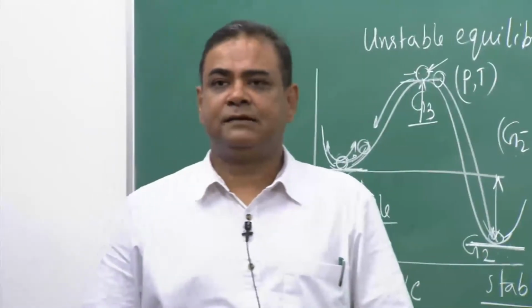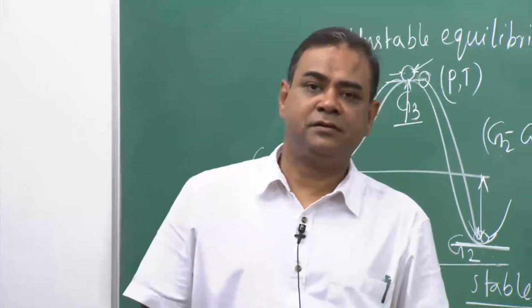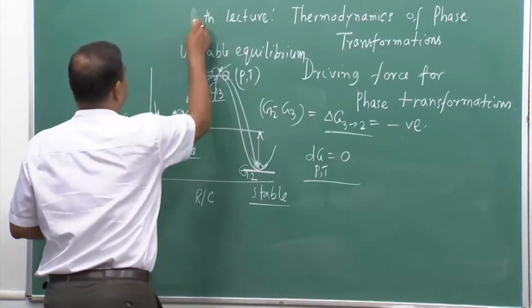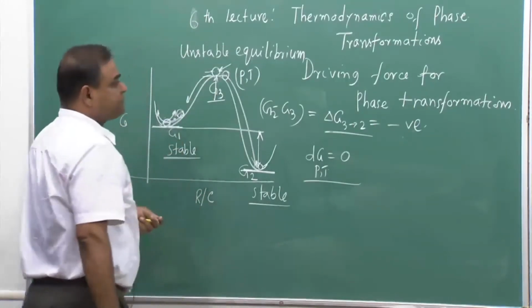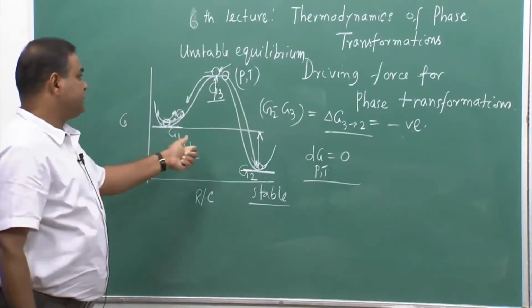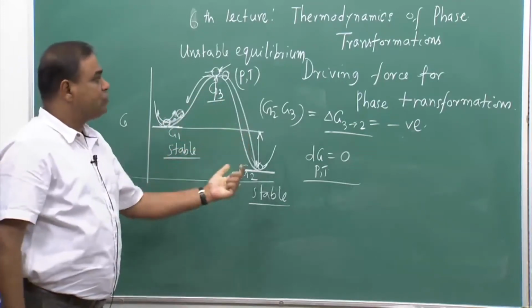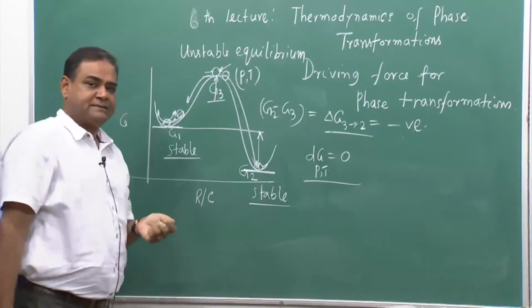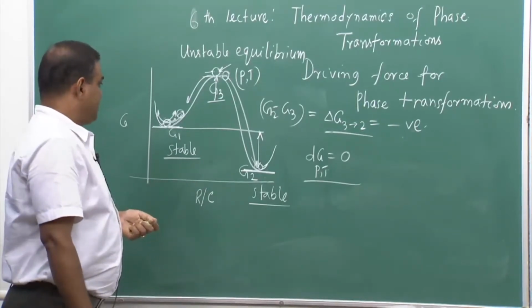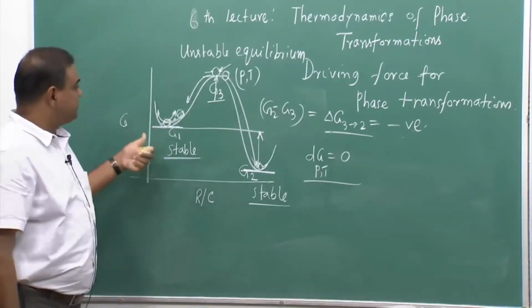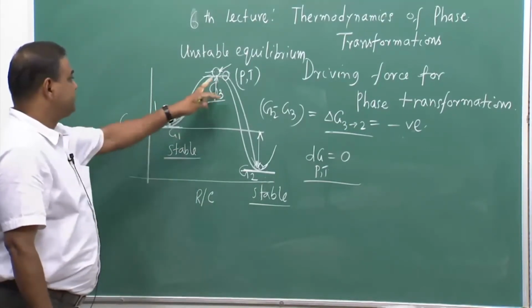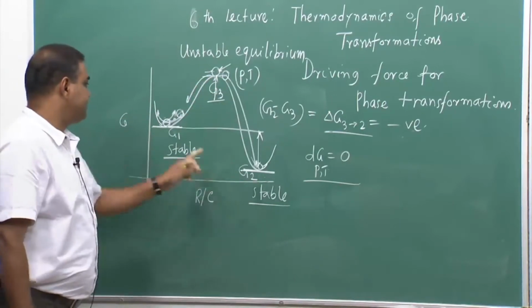Let us start our 6th lecture, and the topic of the 6th lecture would be the same as before, because we have already discussed that this driving force calculation would continue for the next couple of lectures. Now, we were discussing this particular graph, where we have seen that this is an unstable equilibrium, and this is stable,